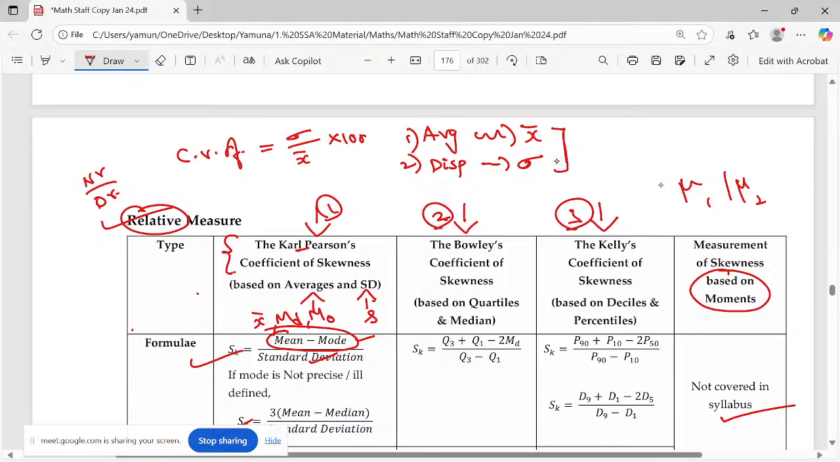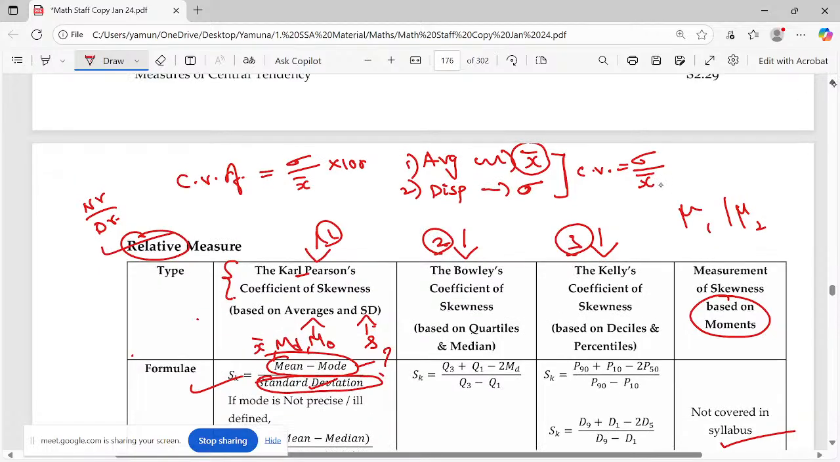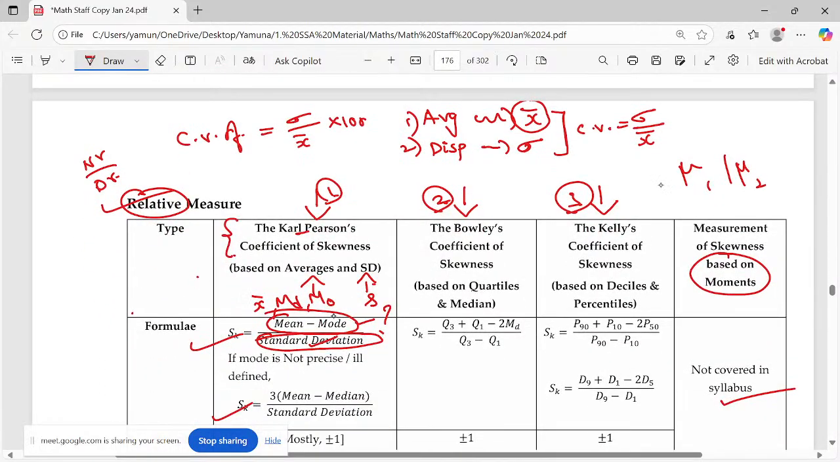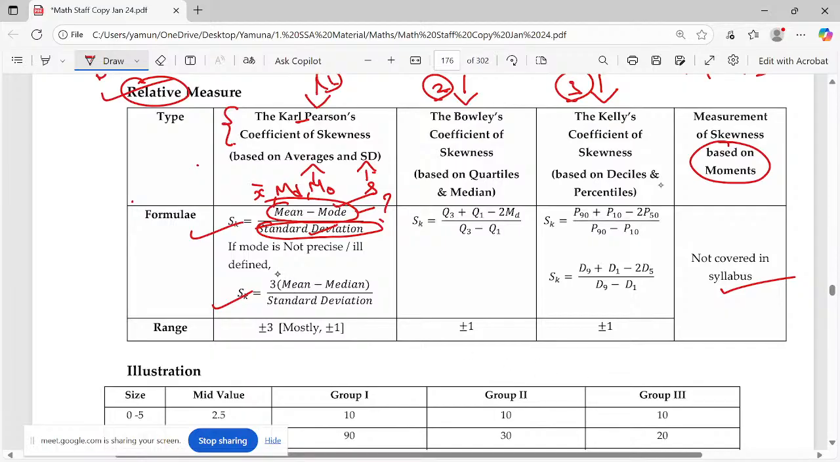Even though we have the absolute measure, for comparison we use the coefficient of the value. That is the relative measure. So the coefficient of variation CV is sigma by x bar, which means for this x bar, what is the dispersion? Likewise, for this deviation, what is the value? See, skewness, this is the absolute value, right? Mean minus mode, or mean minus median, or median minus mode. So which formula are we using here? Mean minus mode. In case mode is ill-defined,